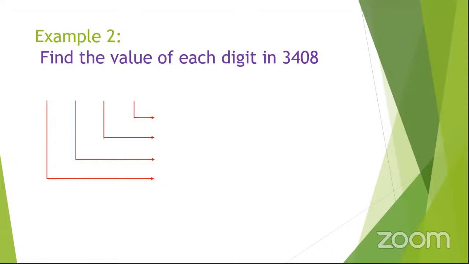So when we are finding the value of each digit in 3408, the first thing we do is to draw the place value table, and it's there. Give each digit its place value. After doing that, now we can get the value of each digit. So I want to start with someone here, the value of 8. You tell me and you also tell me the answer. Abigail, can you tell me something?